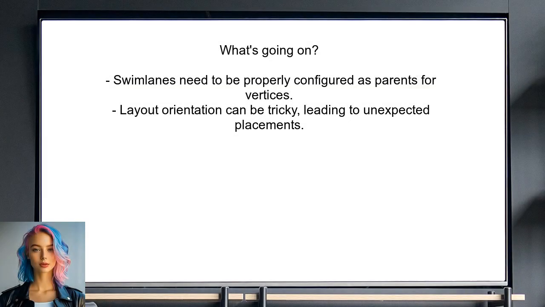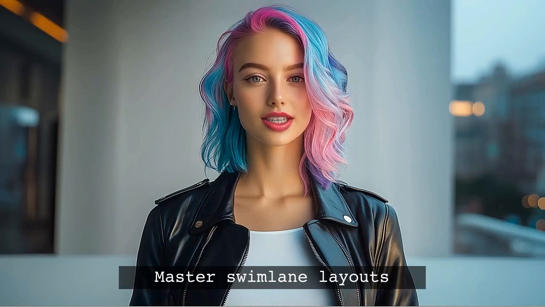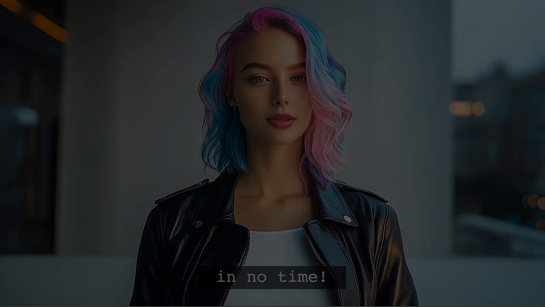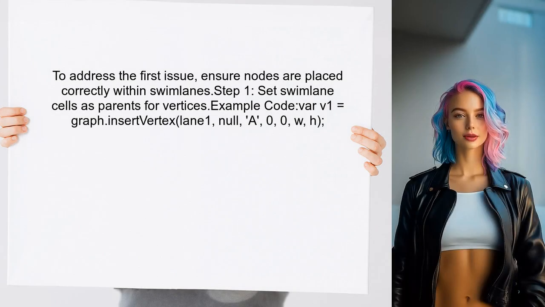So what's going on here? The issue arises because swim lanes need to be properly configured as parents for the vertices. Additionally, the layout orientation can be tricky, leading to unexpected placements. And stick around, I have a great tip at the end that will help you master swim lane layouts in no time. To address the first issue, the user needs to ensure that the nodes are placed correctly within the